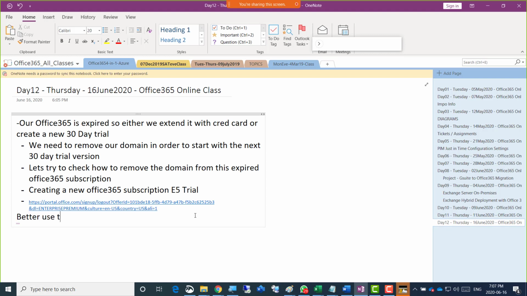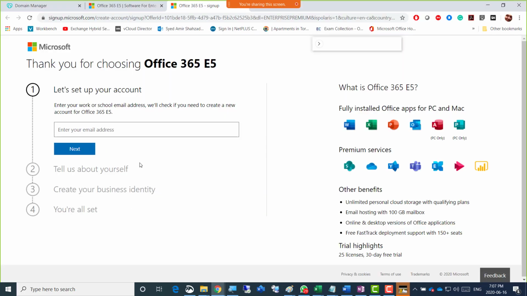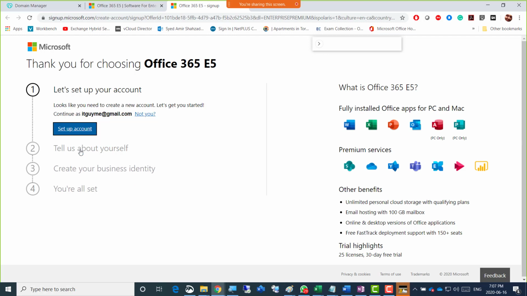Better use this one if the above is not working. Okay, and then again, the same thing as we did before. Just put your Gmail here, or Hotmail or Yahoo, whichever you're regularly using, and then click next.